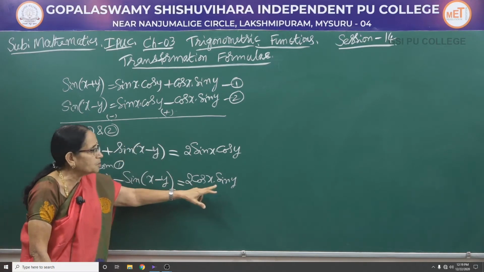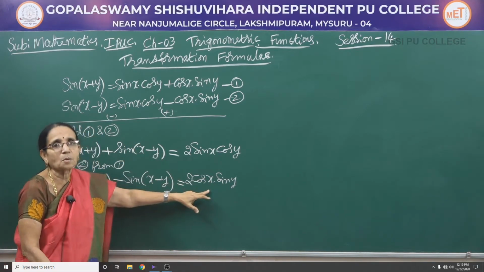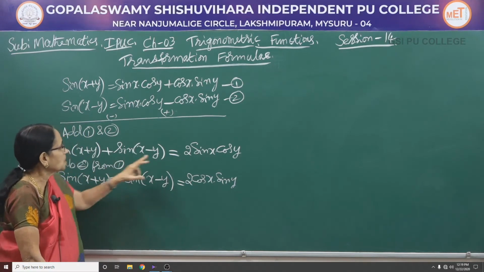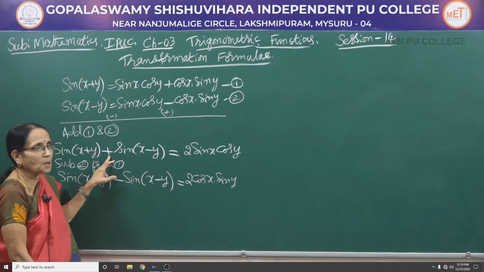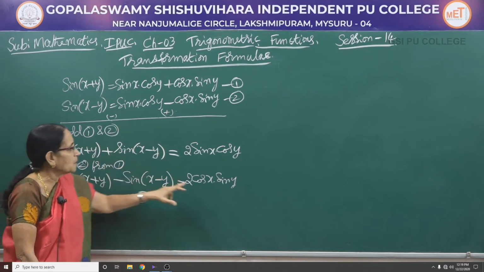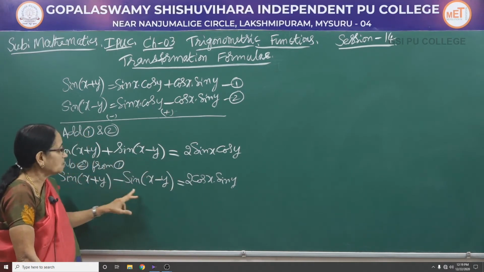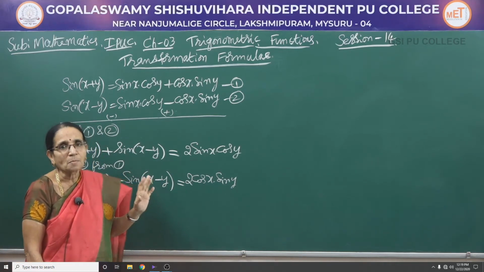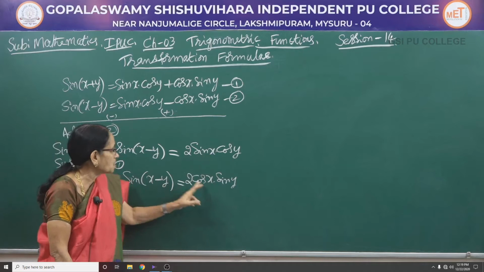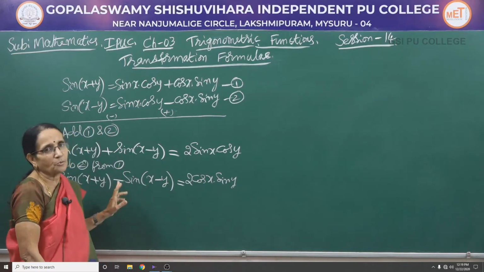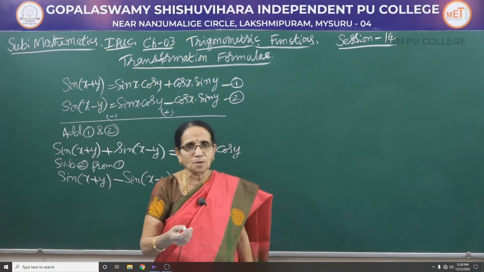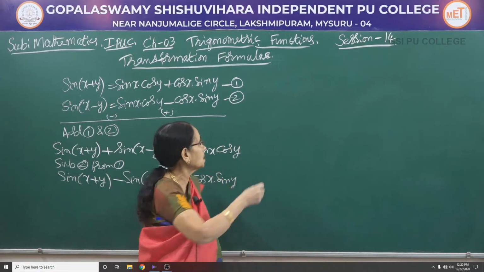2 cos x into sin y. It is also a mixed one containing both sine and cosine. It is sine of some angle minus. So, here this product has been expressed as the difference of the two functions. These are the first two formulae which convert the product into sum or the difference. So, when I considered sine, the compound angle for sine here, I got these two formulae.